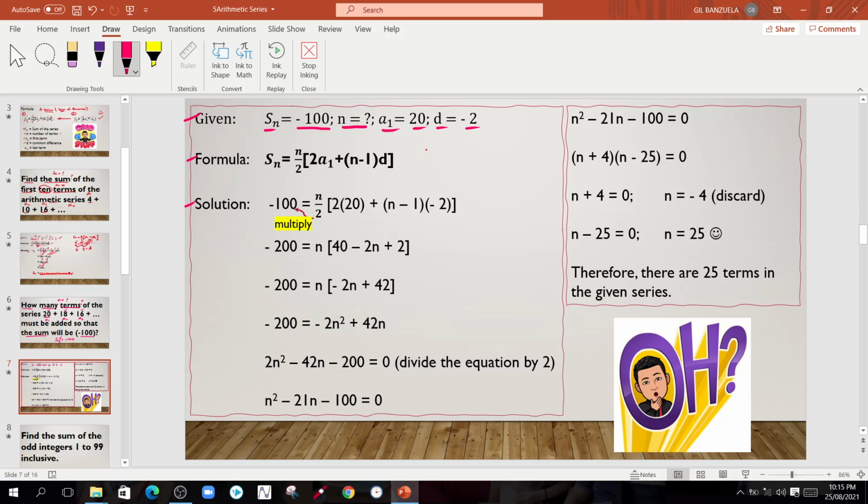Teka, sir. Paano nangyari yan? Okay, so kunin natin yung mga elements nung series. So, yung first element natin, 20. Yung second element natin, 18. Yung third element natin, 16, and so on. So, again,